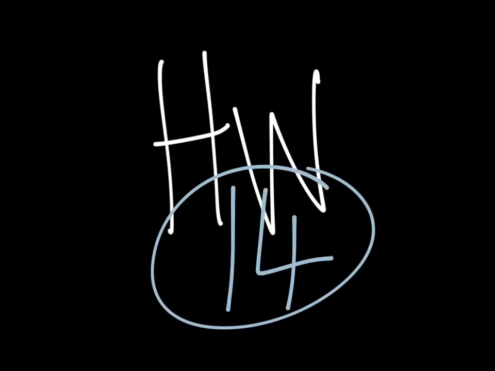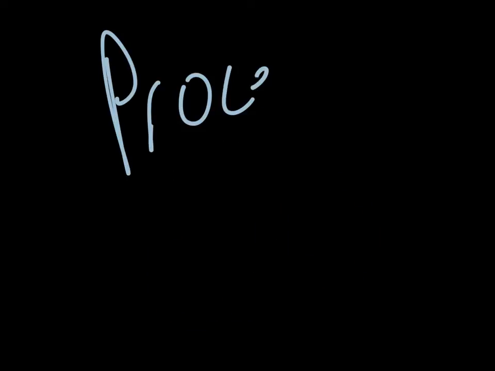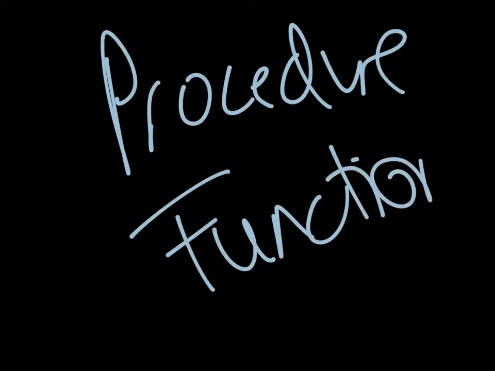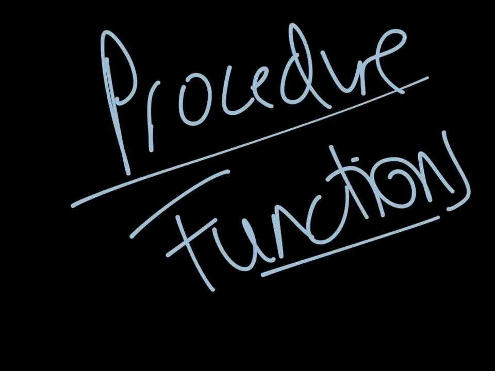Homework 14, hopefully quite straightforward. We have 7 lines of pseudocode, all with different programming constructs in use, and this is all about identifying the different types of uses of the different constructs that we have. So right away, the first question is about procedures and functions, and it asks you to identify which is in